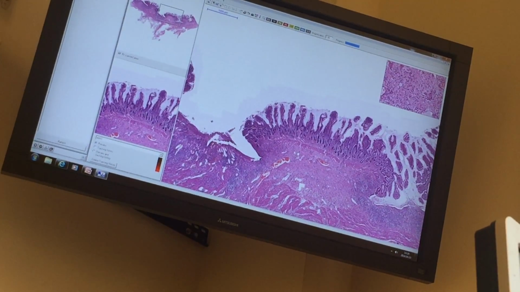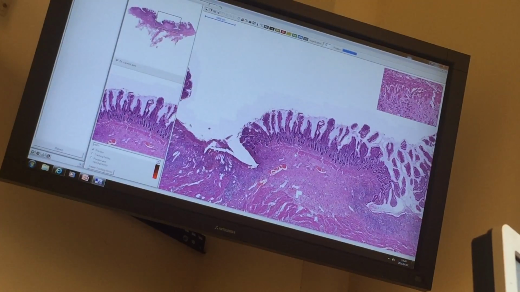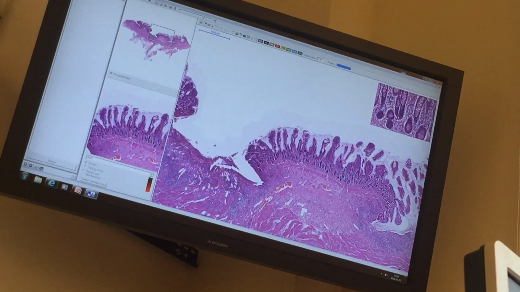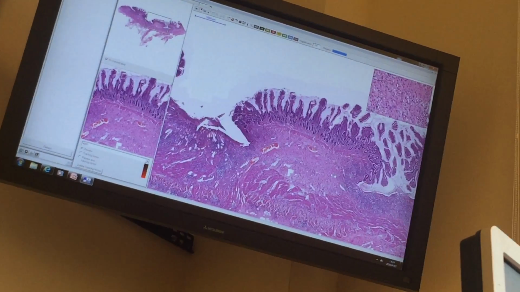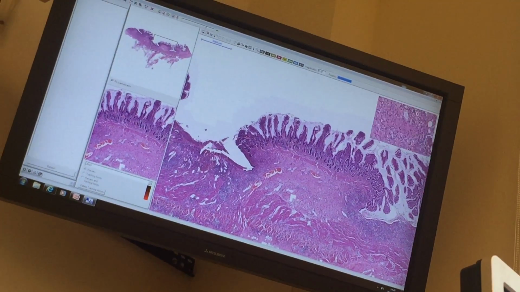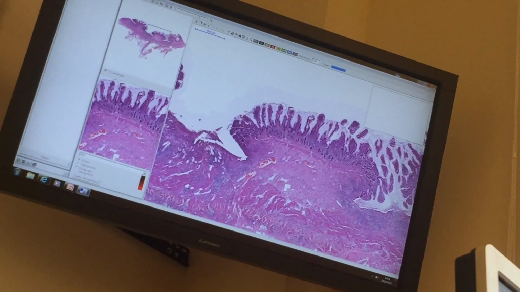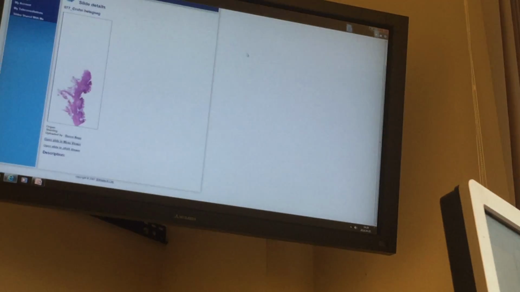Is there something called cryptitis? That will be the next one, the colitis. Okay, so let's move to the next slide, which is